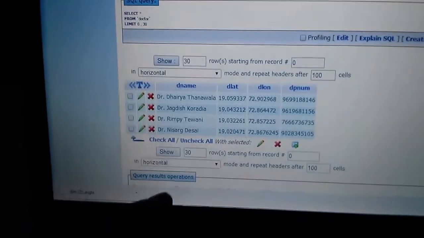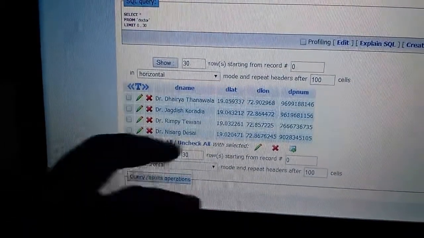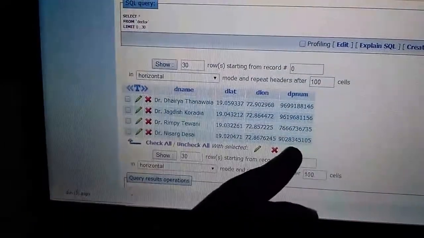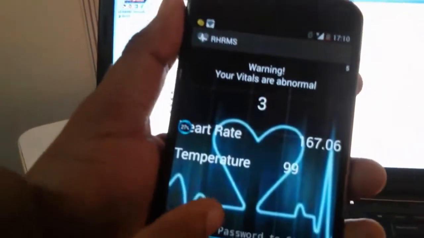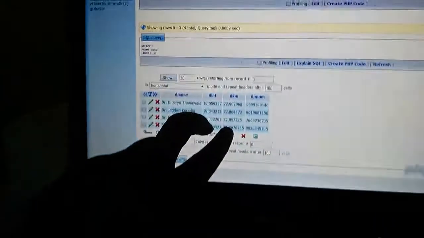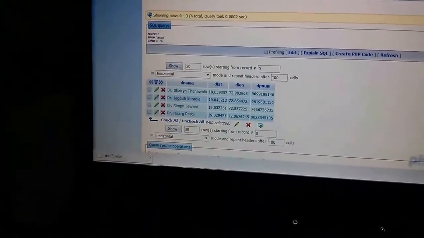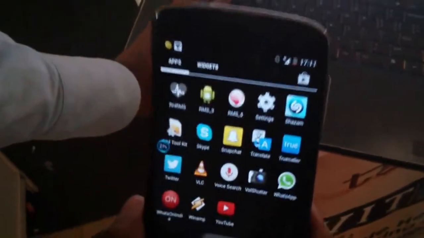Along with that, we have maintained a server which contains the information of the doctors, the latitude and the longitude of the doctors, along with the phone numbers. What will happen now is, once the timer expires, judging on the location of the user and the latitude and longitude of the doctors, the doctor which is nearest will get a message on his phone along with those 3